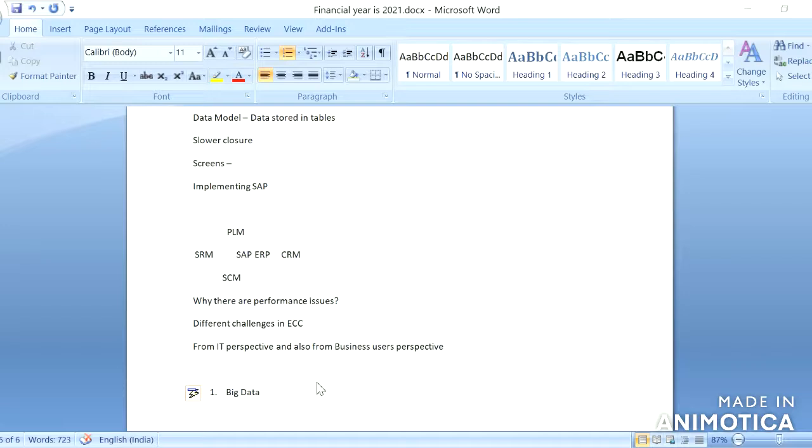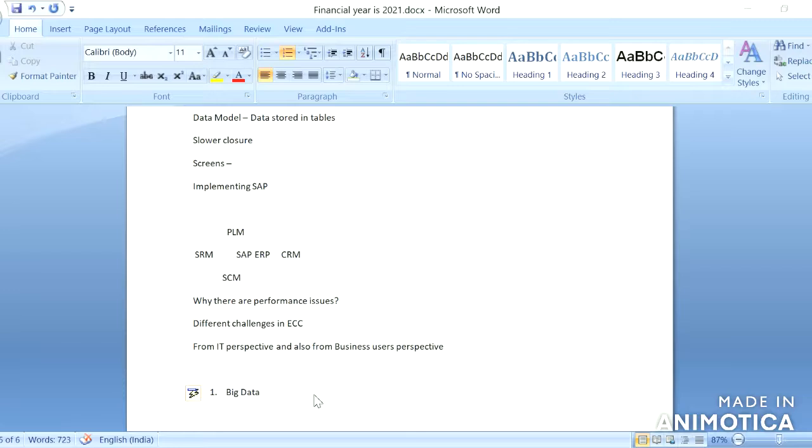That is the main reason they created this universal general table, SCDOCA, where all the information will be stored in a single table, which helps in improving the performance.